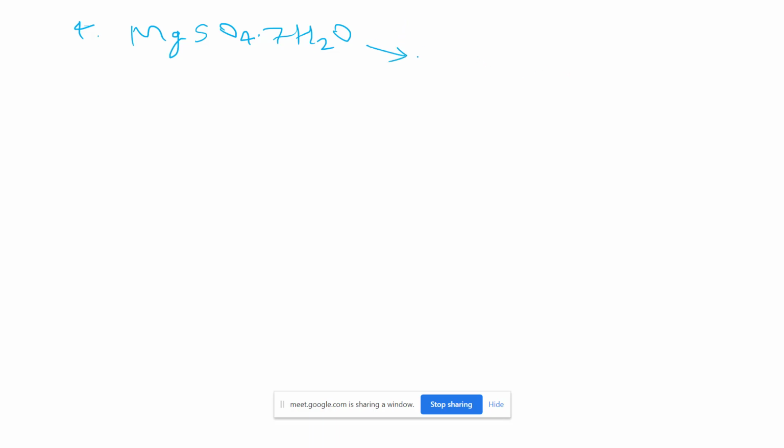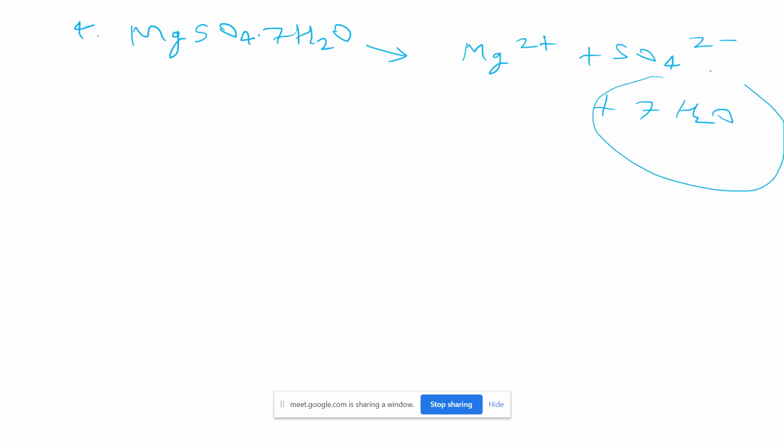We just ionize the salt to get these two ions, and the water molecules go to the solvent, so we are not counting them in the calculation of i here. So the value of the van't Hoff factor here is 2 only. To remember, if you have a solvent other than water, then these are considered.